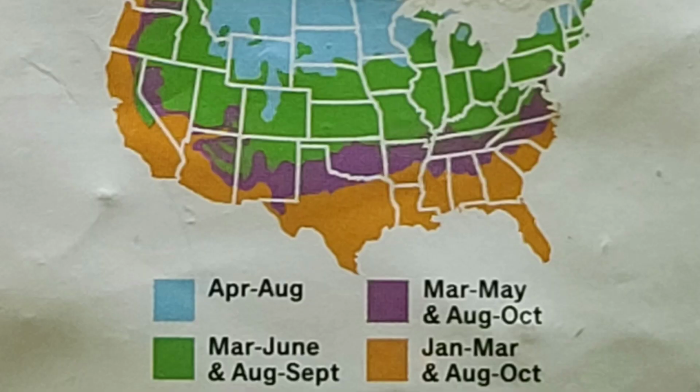Now, one of the two places that you can figure it out is you can look on the back of the packet of the seeds. And a lot of times the seed packets will actually have the map zone on the back, and it will show you about where you are located, and it will tell you when to plant the